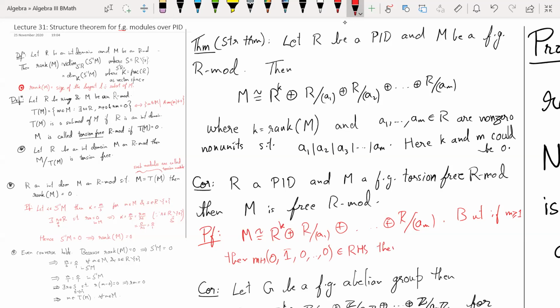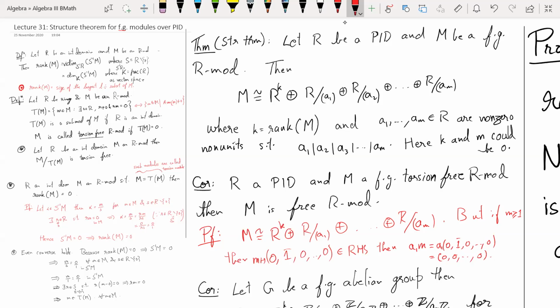Then A1 M is equal to A1 times (0, 1 bar, 0), which is 0. A1 bar is going to be 0, because the second component is R mod A1, so A1 bar is 0, so you get 0. So that means you get some torsion elements, contradicting